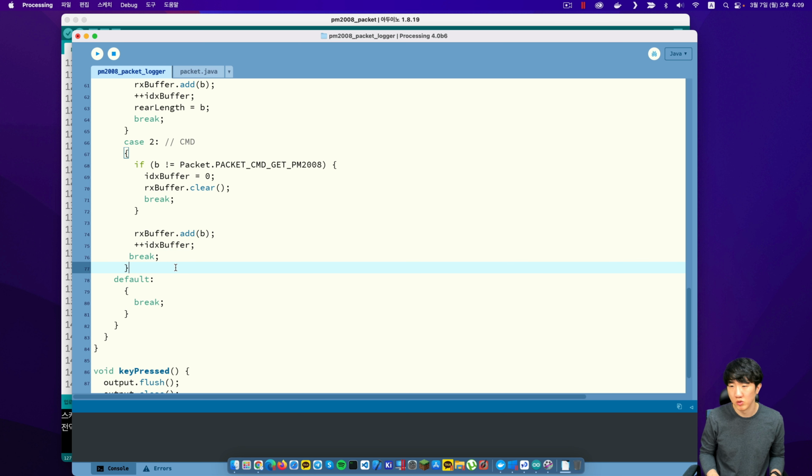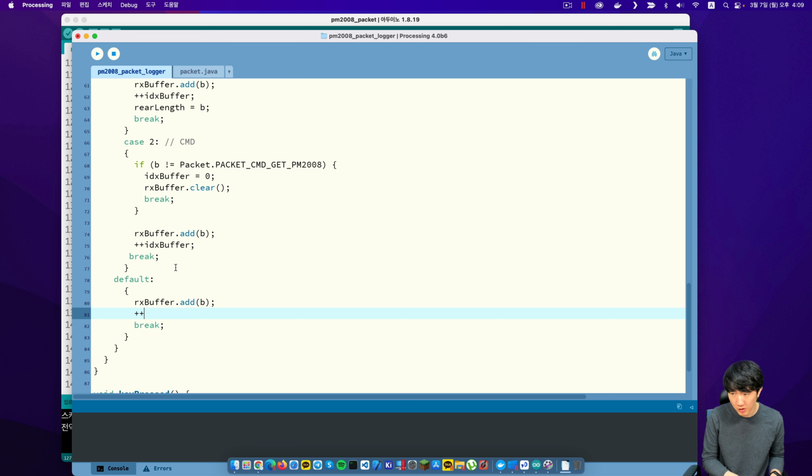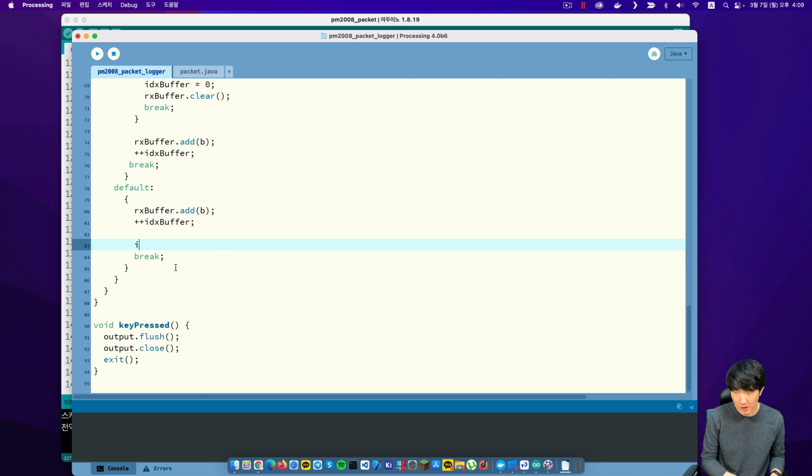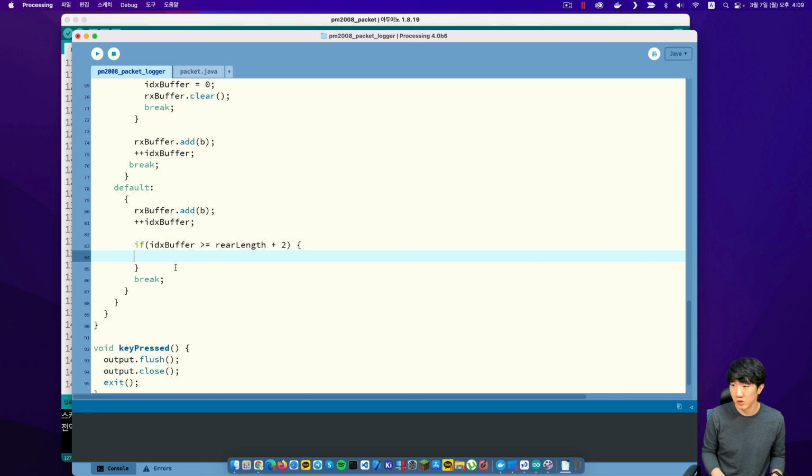So you add it, and from then on, it gets stacked in the default. When it stacks in the default, you use rs buffer add b, and then you keep adding to the buffer. If rs buffer is now greater than or equal to the real length, then it means it is completely full. In this case, then,